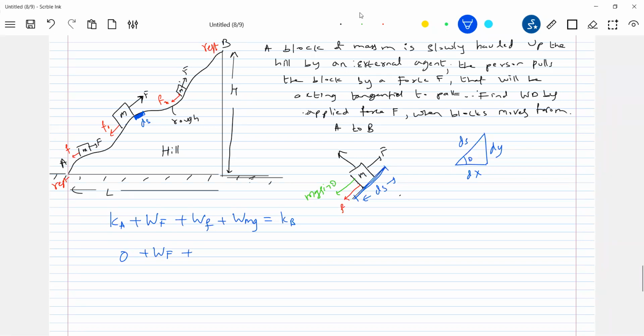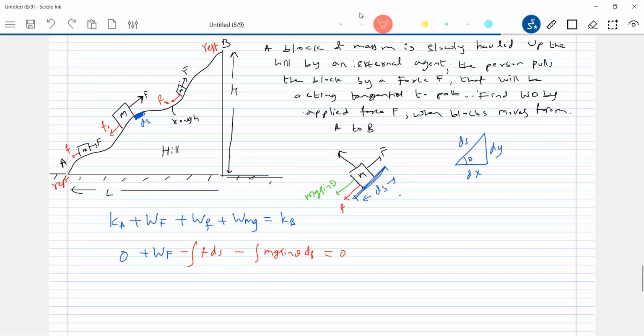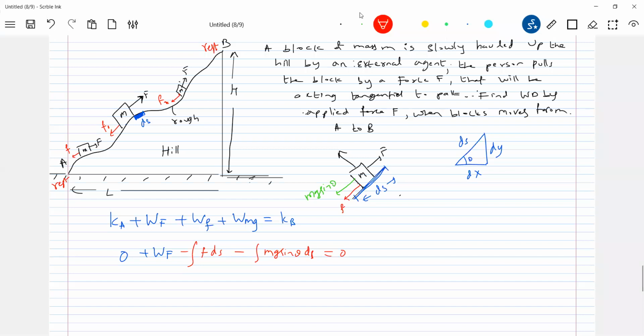Work done by friction, we'll get into the picture. So this should be F into, I don't know. So therefore what I'll write, F into ds. Similarly, work done by gravity, and it does negative work. So this should be mg sin theta into ds. Why should I integrate? Anybody? Why should I integrate here? Because mg sin theta is not constant. At different points, the value of theta will vary. So mg sin theta is variable and F is also variable. So I'll integrate it.